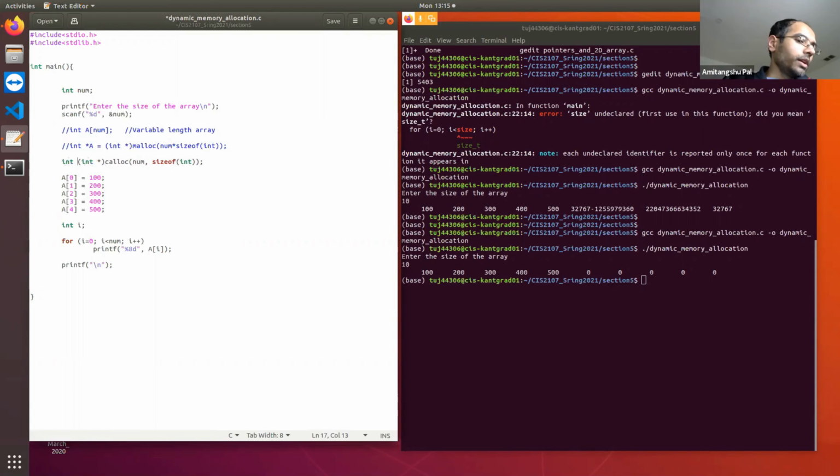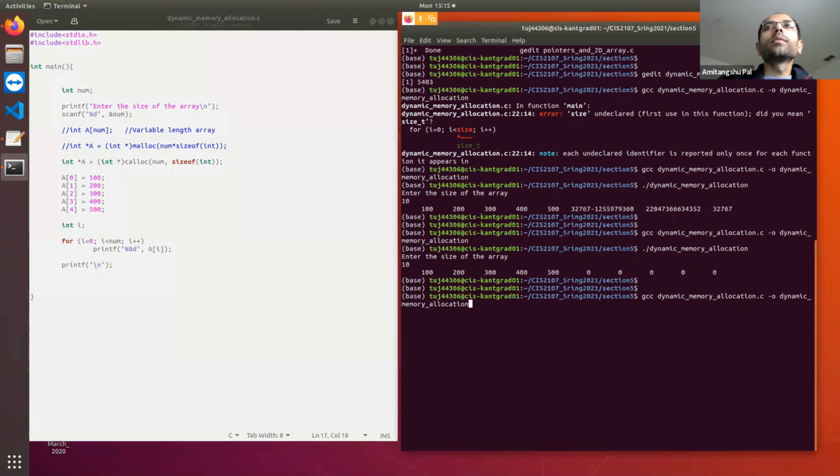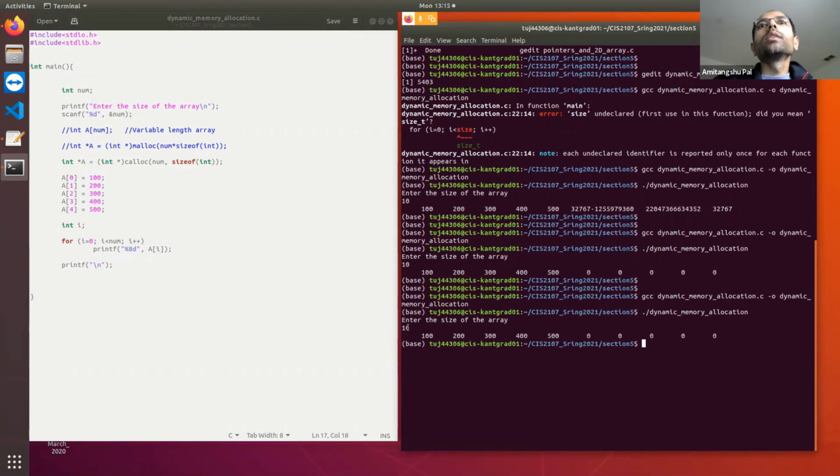And now you can write integer pointer a is equal to this. If you run this, it will also work exactly the same way. So that's how you can allocate the memory dynamically.